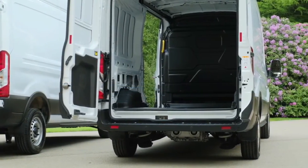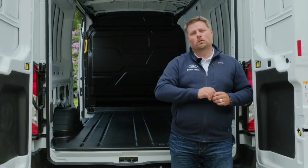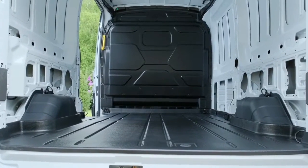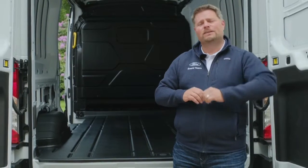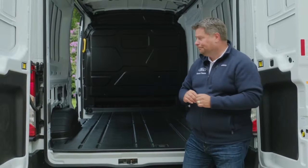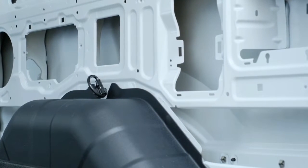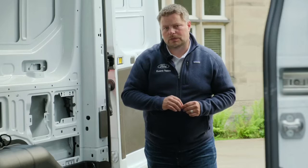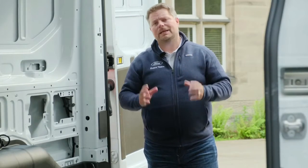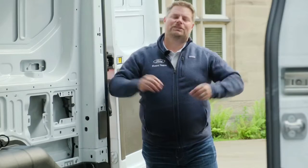Internally, the load carrying capabilities that make the Transit such a workhorse remain largely unchanged. We have a load area of just over 15 metres cubed and a payload of 1,758 kilos for the van and more for the chassis cab, with tie-down points and our rack mounting capabilities that we're used to. If you already work with our qualified vehicle modifiers for your company's conversions, I'm almost certain there'll be no problem